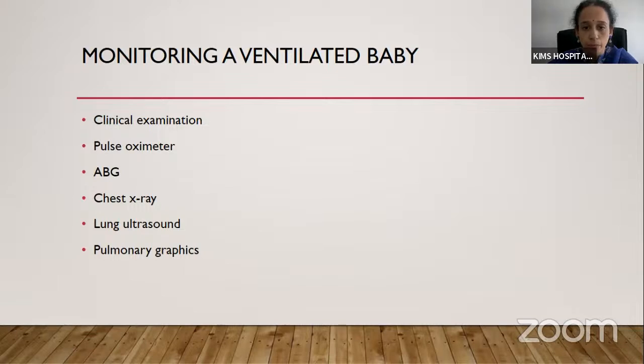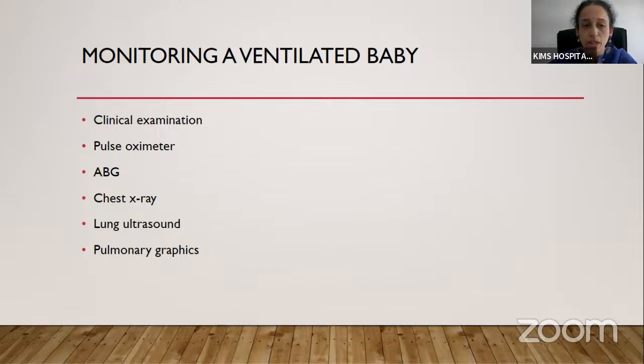saturations, BPs, and overall color of the baby, perfusion of the baby, asynchrony, whether the breaths are synchronized, and the baby's overall general condition like any edema, pallor, abdominal distension, everything should be monitored. So clinical examination of the baby is of prime importance first, then followed by the vitals as we see on